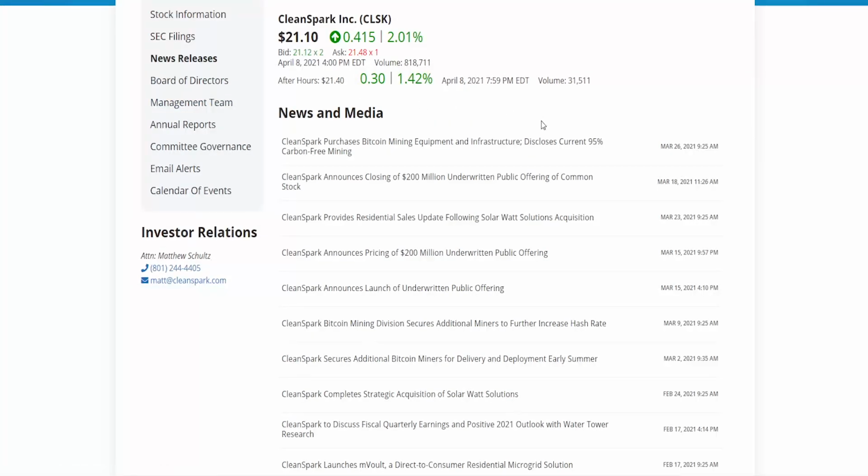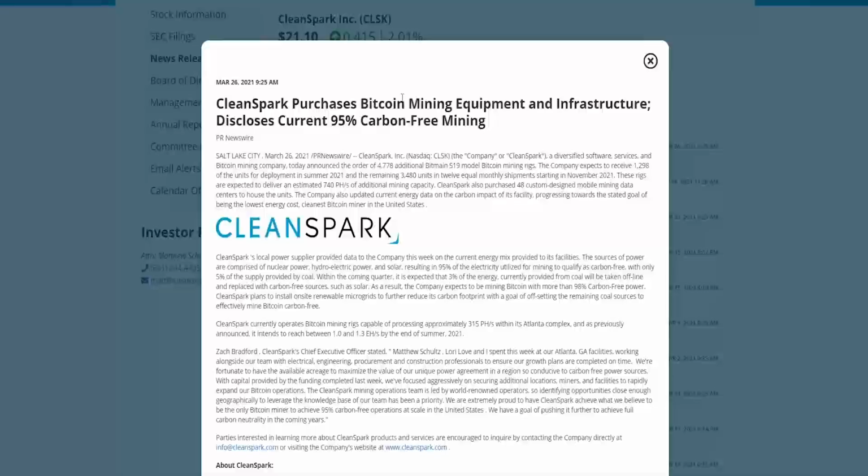So if we go into their investor relations page and we head into their news section, we can see their publicly released news are from March 26, which is now quite some time, but still it's news nonetheless. So if you check it out, it says that CleanSpark purchases Bitcoin mining equipment and infrastructure, discloses current 95% carbon-free mining. So on that day they announced the order of